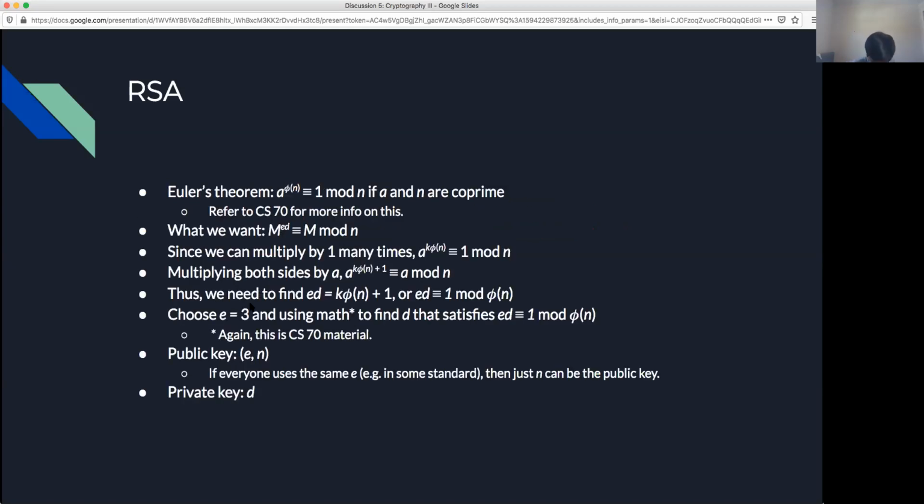Here's how it works. I'm actually going to just skip over this slide and share my screen. Essentially, what we have is this theorem called Euler's theorem, and it essentially says if you have some number a and you raise it to the power of phi, this is the Greek letter phi, it's equivalent to 1 in a finite field mod n, and this is if a and n are